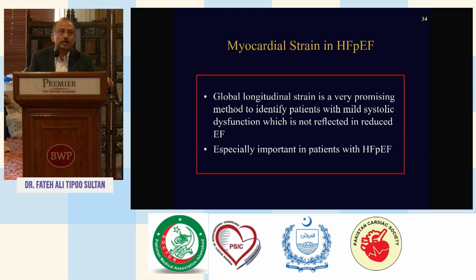Because in patients with cardiomyopathies, it's not the average value of global longitudinal strain, but also the pattern of global longitudinal strain, because there would be a typical classical pattern in patients with amyloid and a classical pattern in patients with hypertrophic cardiomyopathy, as well as there is increasing role of strain in patients with valvular heart disease and in patients with chemotherapy. I have already described that. So also in patients with ischemia. So in subclinical ischemia, the strain would reduce earlier. So that's all about my talk.